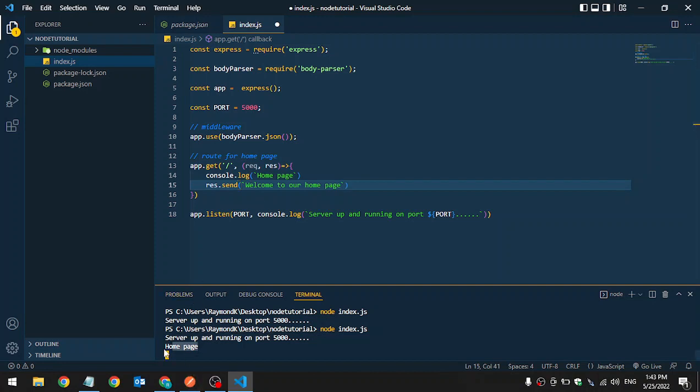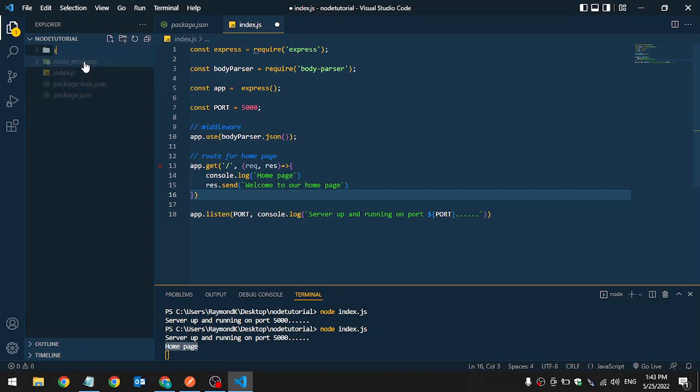And now even in the console you can see home page. Now we can continue to write our routers in here and our conditions and everything, but it can get messy pretty quickly. So what programmers do and what we do is we create a separate folder just for routes, and